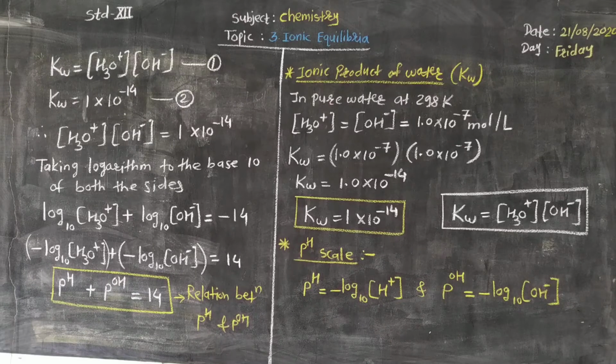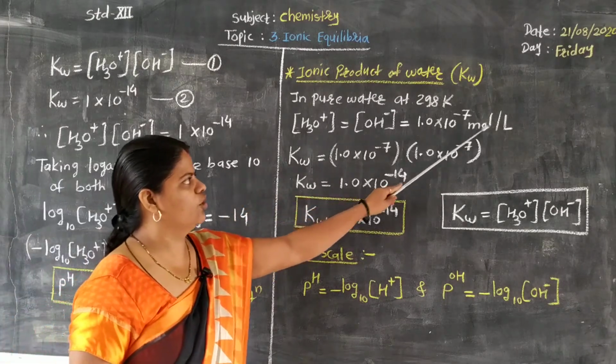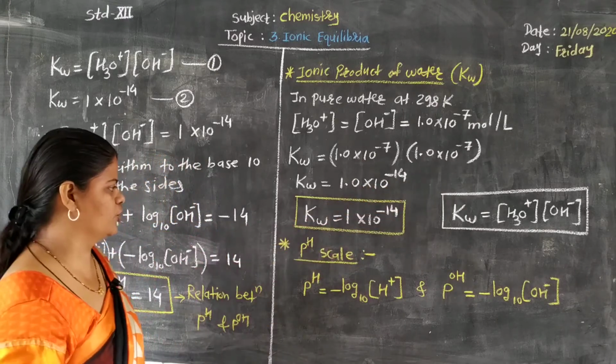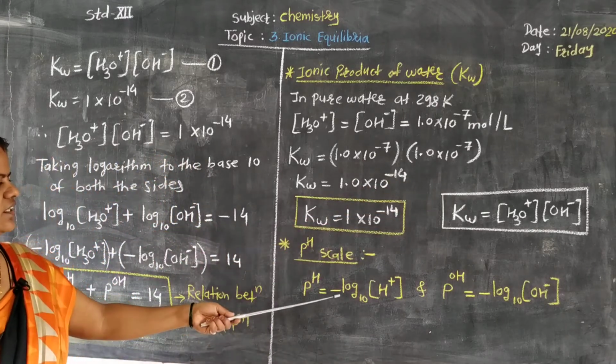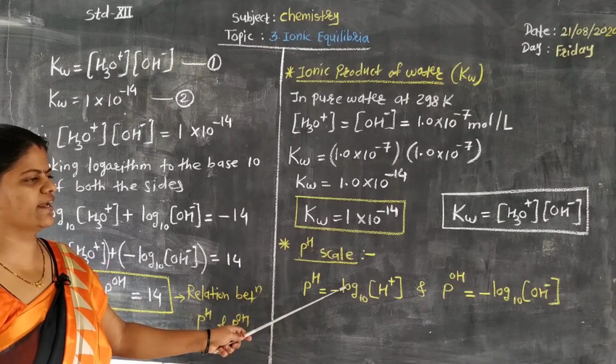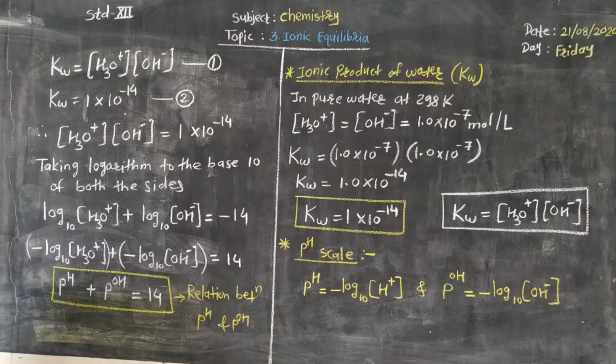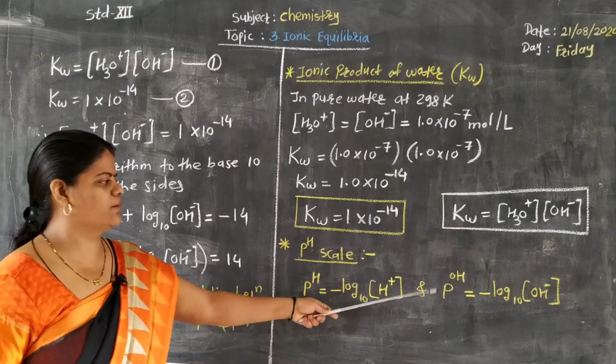Instead of writing the concentration of H3O plus ions in mole per dm cube, sometimes it is convenient to express it on the logarithmic scale, and this is known as pH scale. That means up to now we considered all the concentrations in mole per liter or in mole per dm cube, but whenever we consider a logarithmic scale, the concentrations expressed on the logarithmic scale are known as pH scale. Okay, now the next article is the definition of pH and pOH.